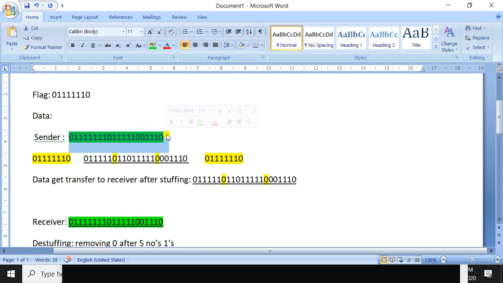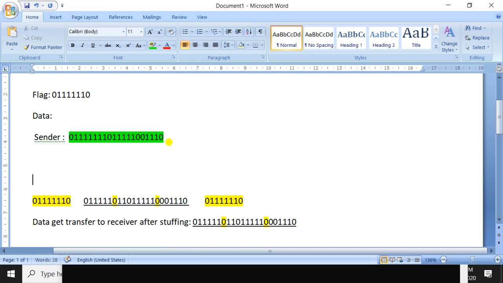So this data should be in terms of zeros and ones. Read this string from the user and start. You can copy this string into another string. For example, suppose this is the data entered by the sender. I start copying it into the data that is going to be sent. So this is the sender's data, the original data, and this is the data that is going to be sent.